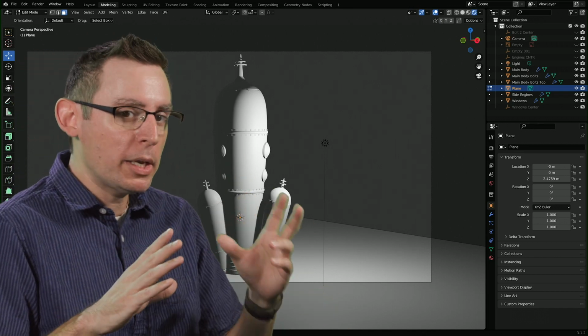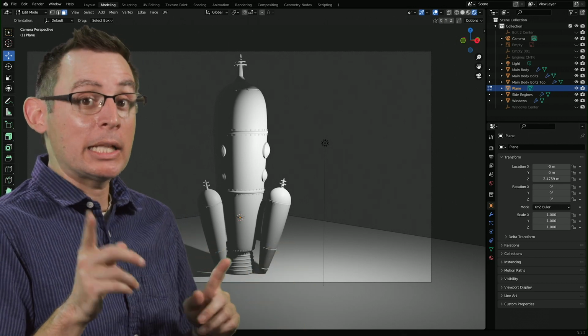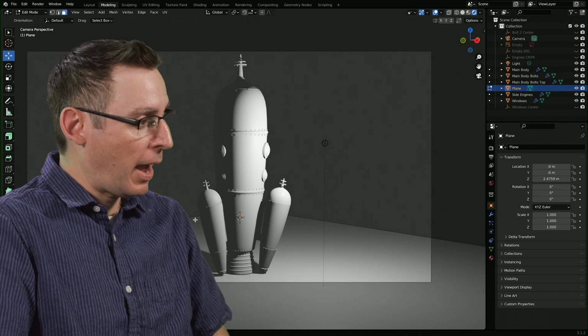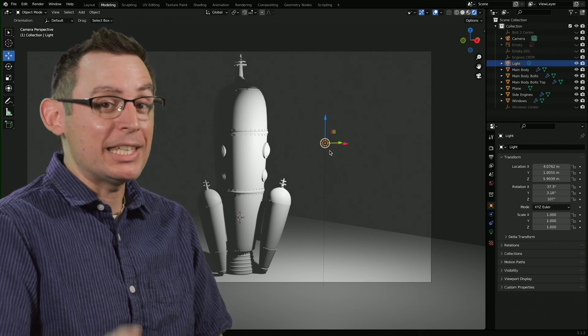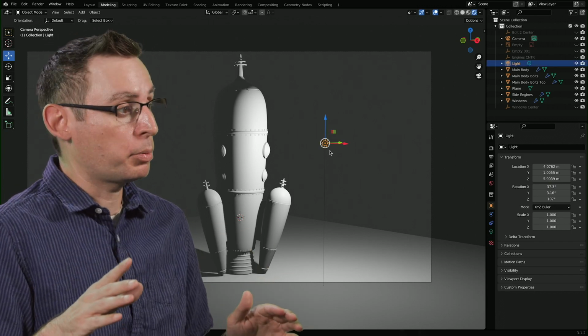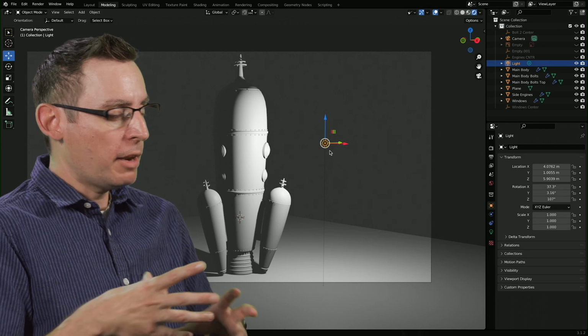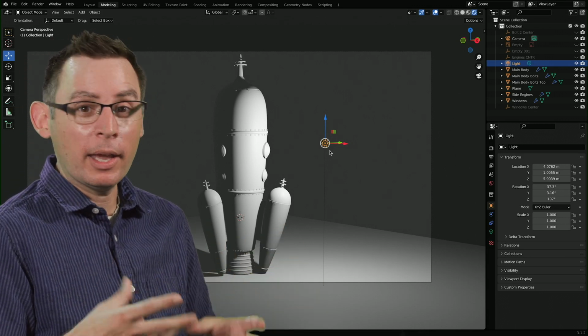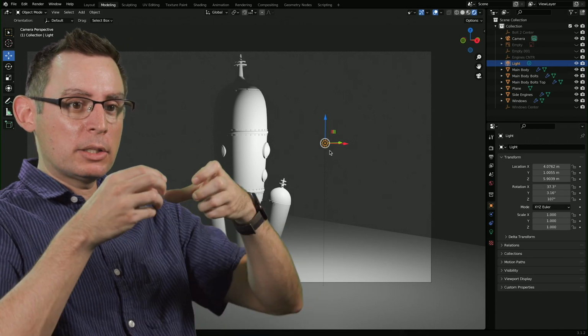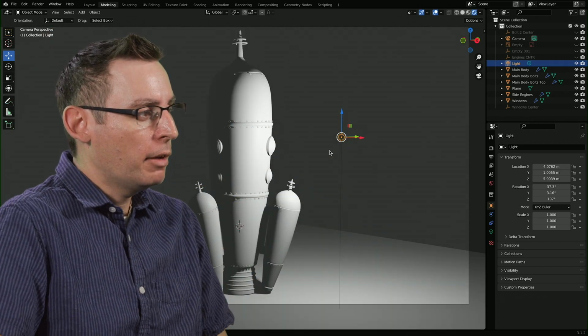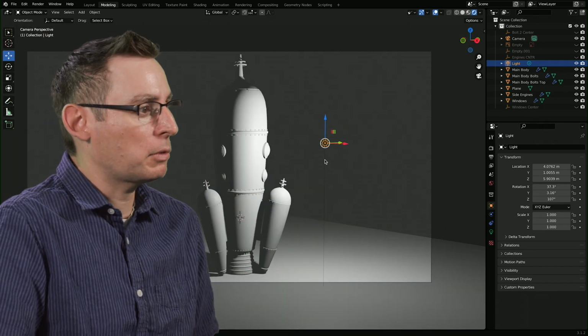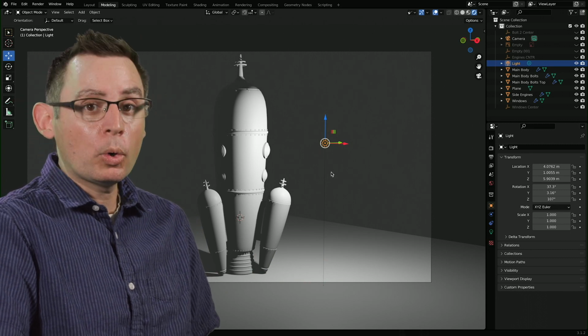Before I make too many changes, let's look at the light, because that light is a big factor in our understanding of all of this. Here's my light. This is the default light that comes with all Blender project files. It's called a point light. If I was to describe a point light one way, it's like a light bulb. A singular dot in space, and light is being emitted in every direction from that point. For exterior renders, which makes sense for a rocket ship, perhaps we should be more like the sun.